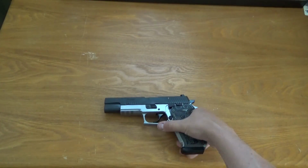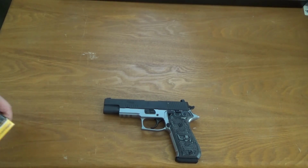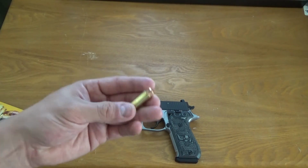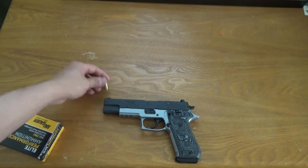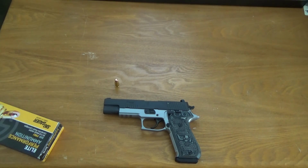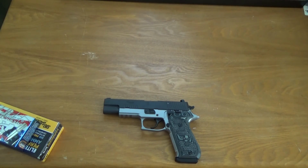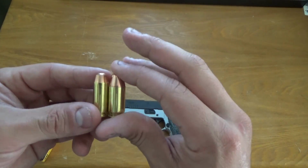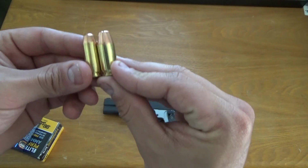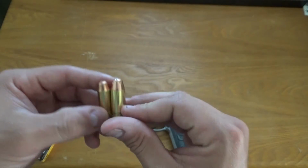But here's a big difference between the 45 and the 10mm. There's a lot of horsepower in this cartridge. So if you're familiar with the 10 or the 40, I'll actually bring in the 45 for comparison for you guys, and then I'll bring in a 40. But here's a 45, and here's a 10mm. So they're about the same length. The difference is,